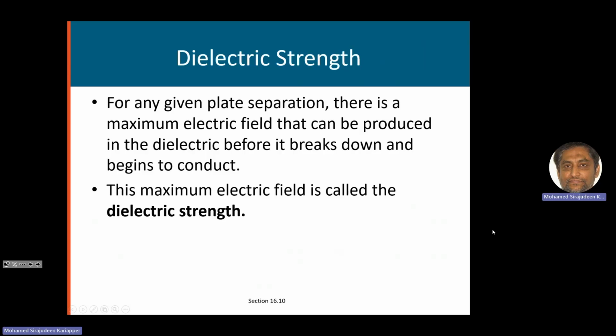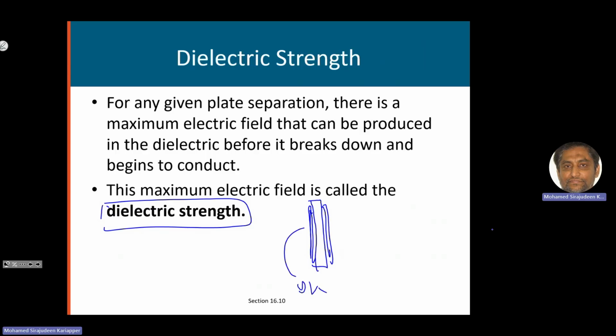About this dielectric, we have a property called dielectric strength. For a given plate separation, there's a maximum electric field that can be produced in the dielectric before it breaks down. Even if it is air, there is a dielectric strength for air as well. So if we keep